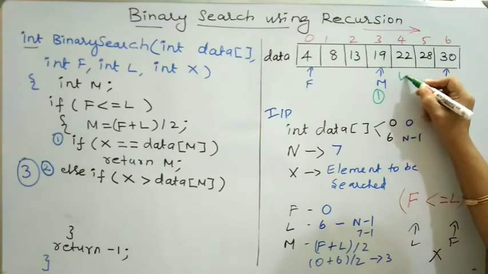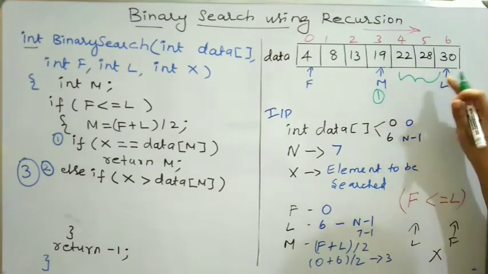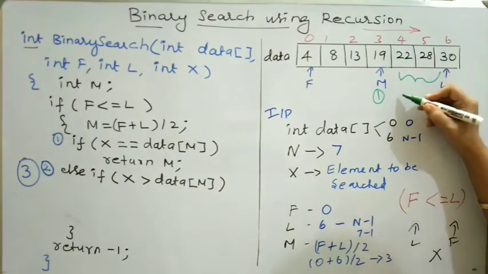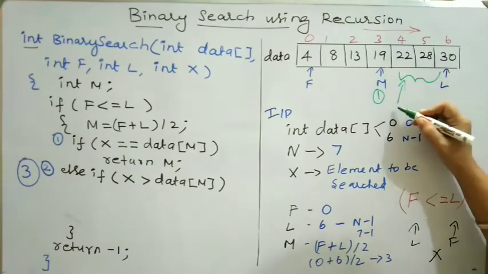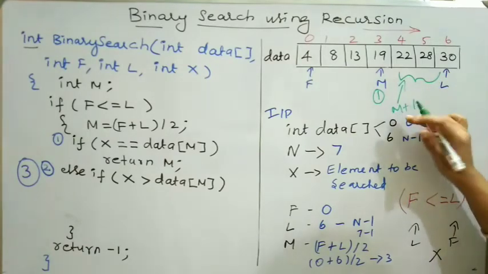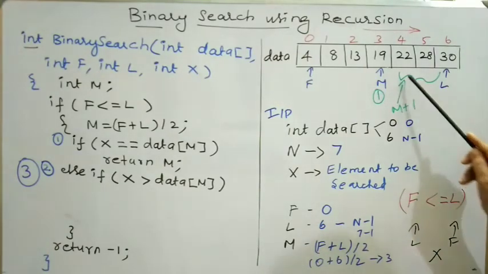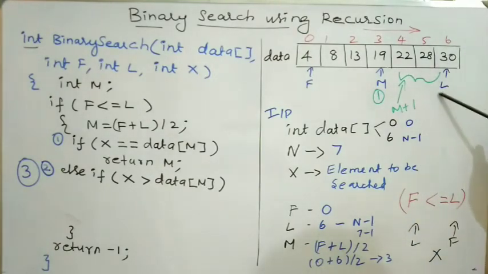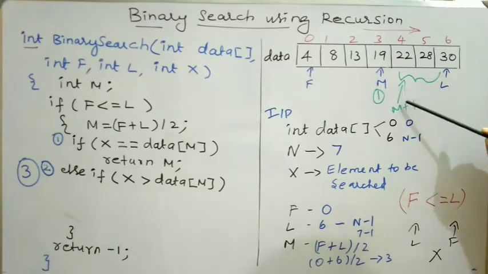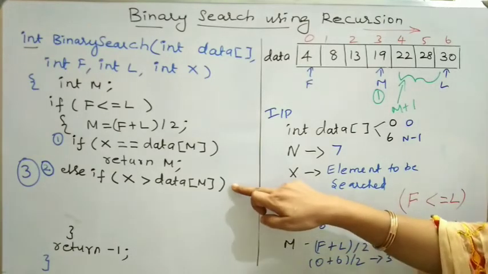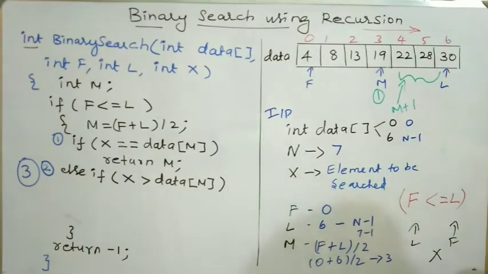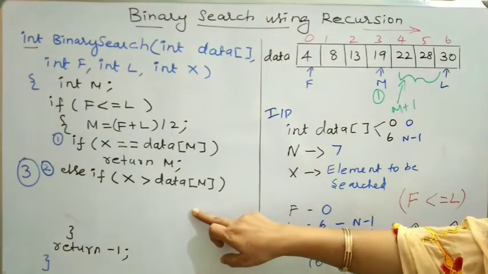In that case, I can find my element in this later half of the array, that is starting from the new index position of m plus 1 to L. So if I continue my search in this later half of the array, the value of L is not going to change, but the value of f changes to be m plus 1. That is the second condition specified in the else if part. And then the third condition I will be specifying in the else part.